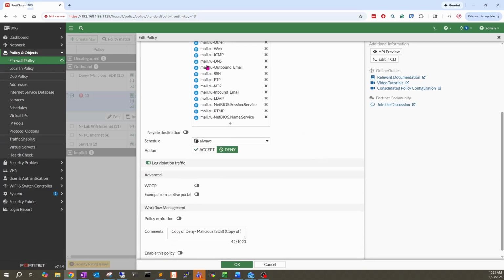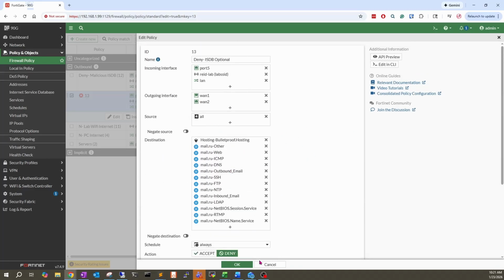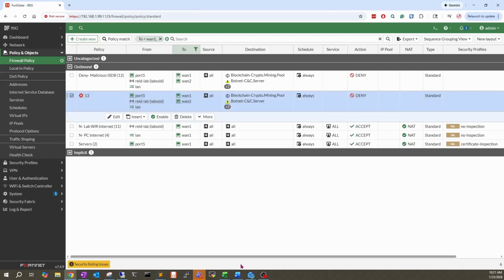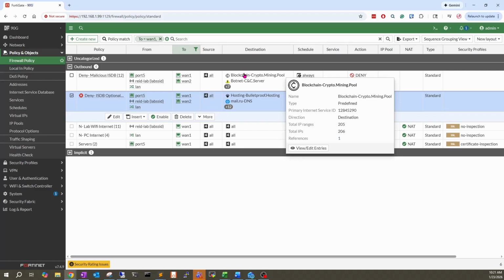So we'll do the same thing here. We'll keep it as deny, remove this comment. We'll log the violation traffic, and then we can add this policy. So now we have two policies that are using the FortiGuard ISDB objects to deny outbound traffic to these